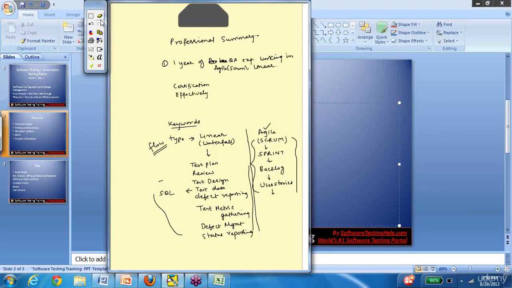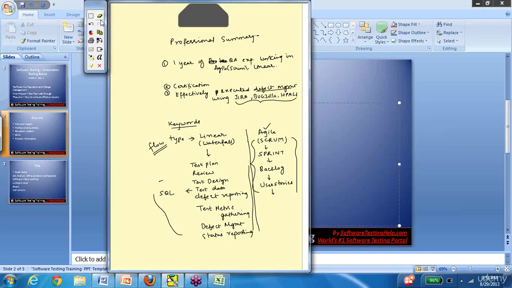Again, you don't have to use the same words, I'm just trying to come up with something on the fly. Any tools that you're familiar with, make sure you include them. Here, what are you doing? You're including the defect management keyword, and at the same time using these tool names, which are again keywords.